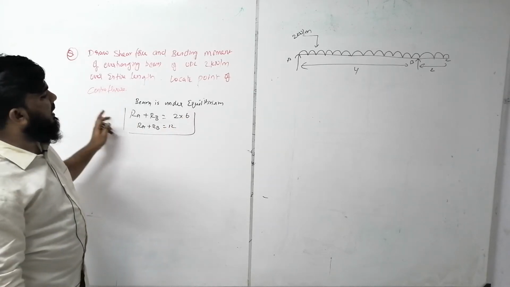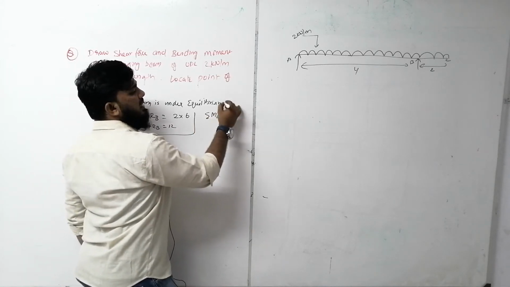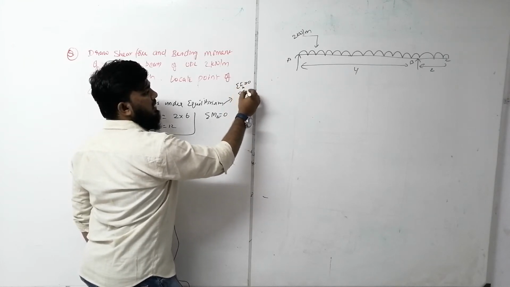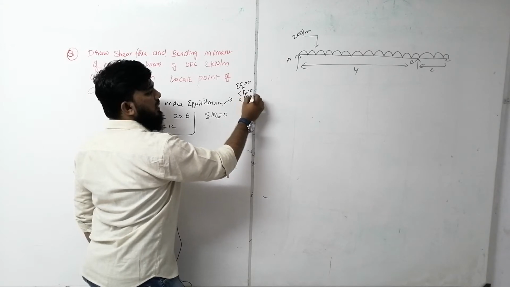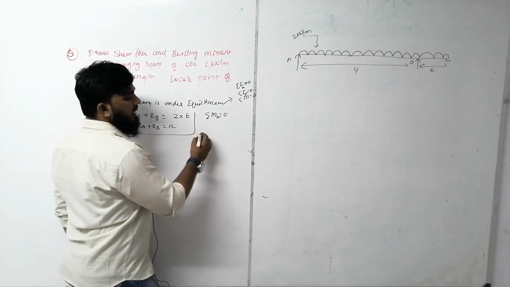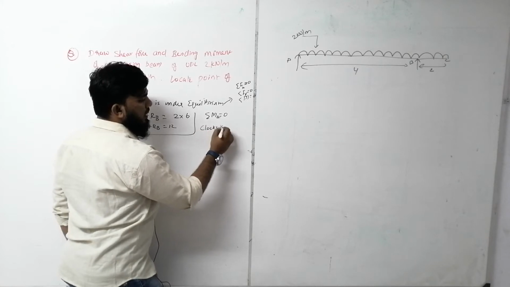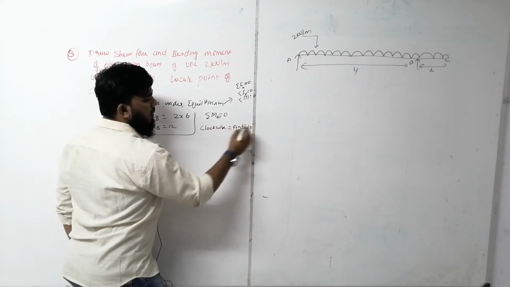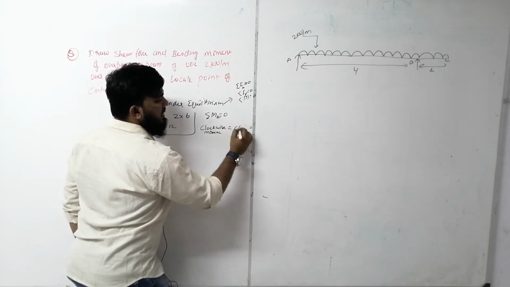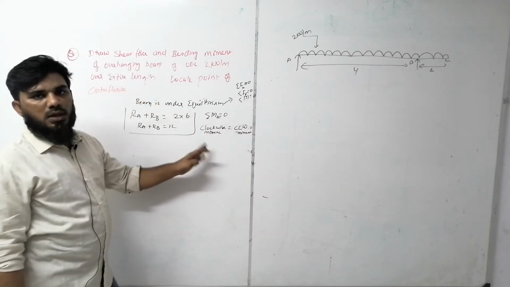Next we have to solve for moment. So I am taking moment about point A. Why we are taking moment: equilibrium condition means summation of horizontal force, summation of vertical force is equal to 0, and summation of moment is equal to 0. Summation of moment about this point: clockwise should be equal to anti-clockwise. We can write it as CCW moment. CCW is counterclockwise moment, CW moment is clockwise moment.